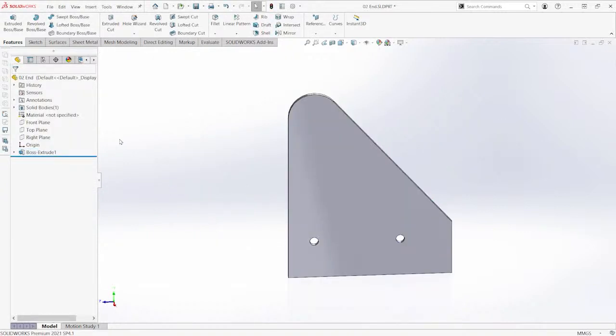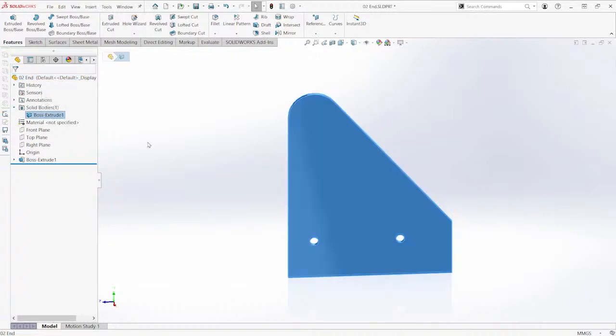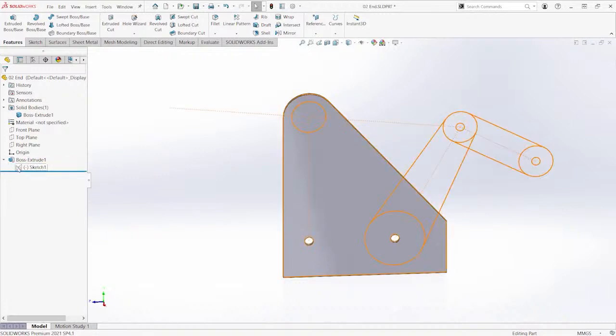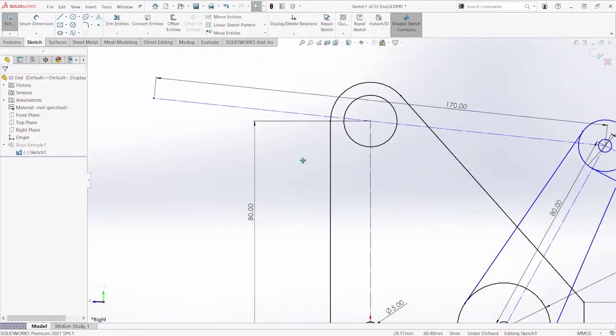And notice on our design tree, we now have a folder containing one solid body. Moving forward, I want to tear out and remove this toolbar. Left click and hold and closing this one out. In addition, I would like to update our sketch to have a hole here. So let's head back to our design tree, selecting sketch 1, and let's edit this sketch. Zooming in,